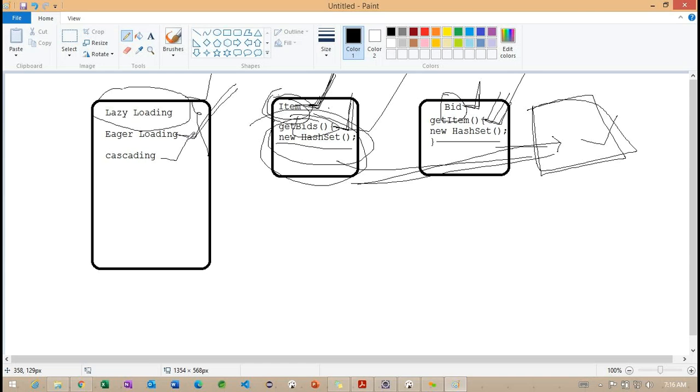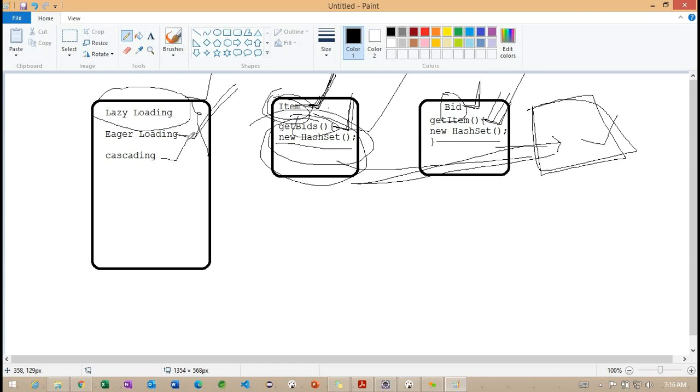But how are we going to make the relation here? For cascade, we have save, update, delete, and cascade all. So these are the types of cascading.